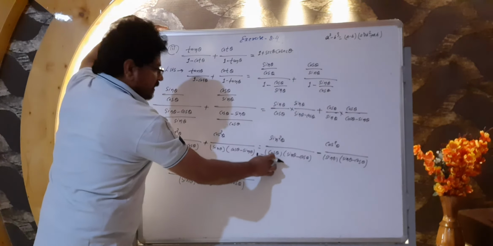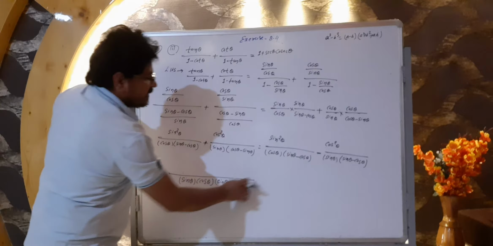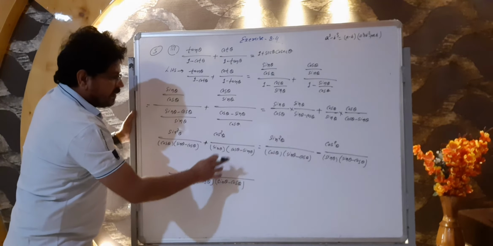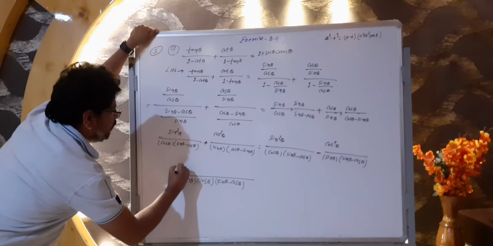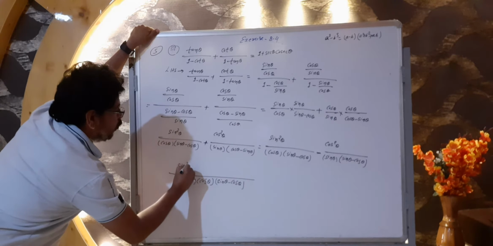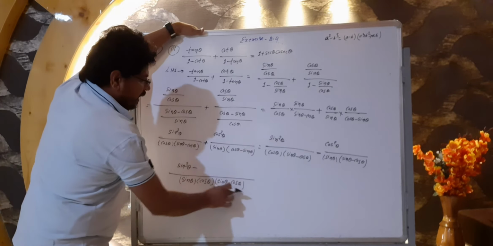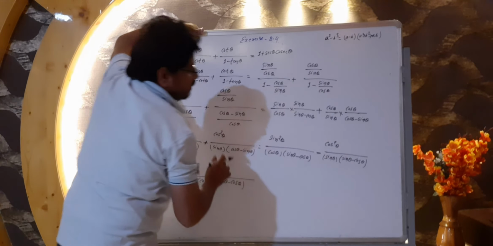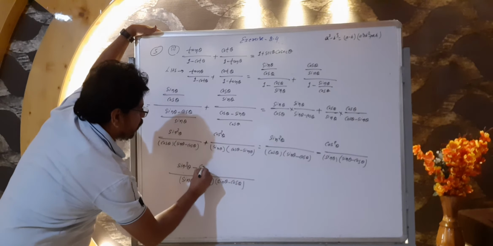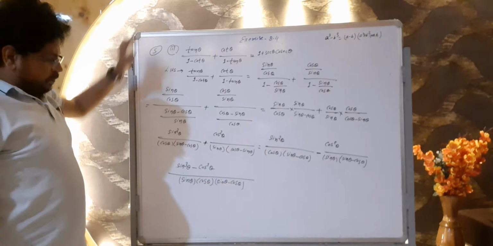Now see, we divide the LCM by this term. Cos theta and cos theta will cancel, as well as sin minus cos theta will also cancel. What will remain? Sin theta will remain. This sin theta will multiply with sin square theta, so we get sin cube theta. Minus, then in the same manner here, sin theta and sin theta will cancel, and sin minus cos theta and sin minus cos theta also cancel. Only cos theta remains. This cos theta will multiply with cos square theta, so here also we get cos cube theta.